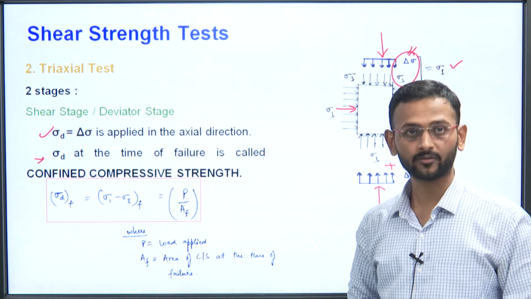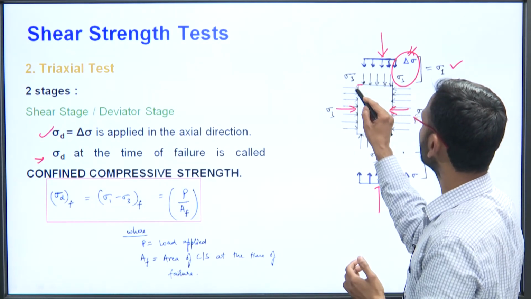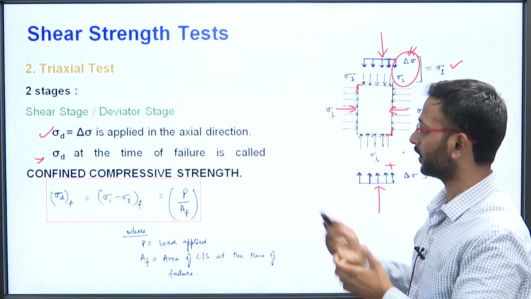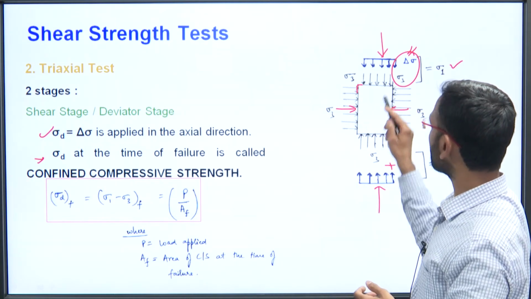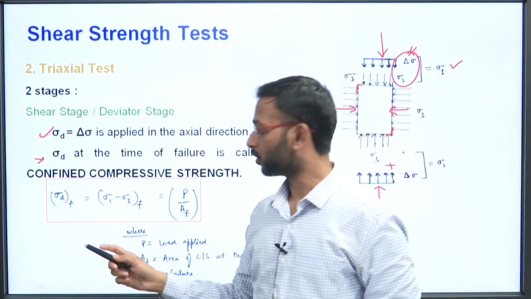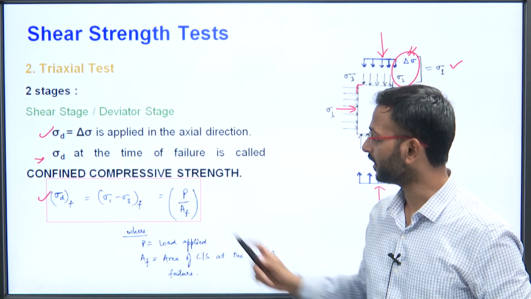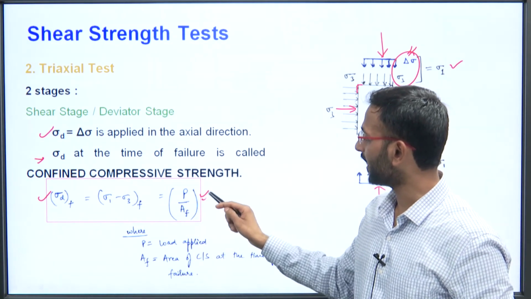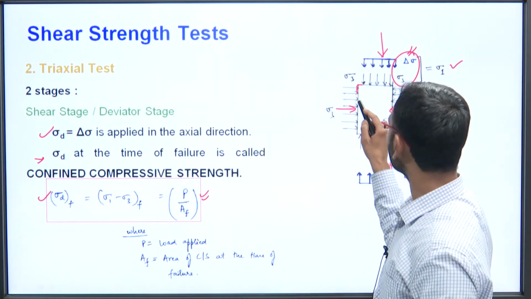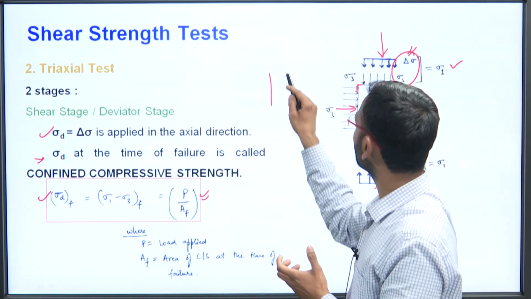It is also called confined compressive strength because the soil sample here is confined. All right, we will see the unconfined one later, and then you will understand it more clearly, because the soil sample here is confined. So it is the confined compressive strength there. Now sigma d at failure is sigma 1 minus sigma 3, which is equal to P by AF. P is the load applied and AF is the area of failure. Let us say the soil fails, and at the time of failure,